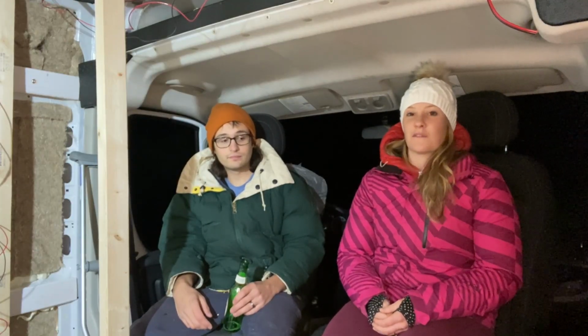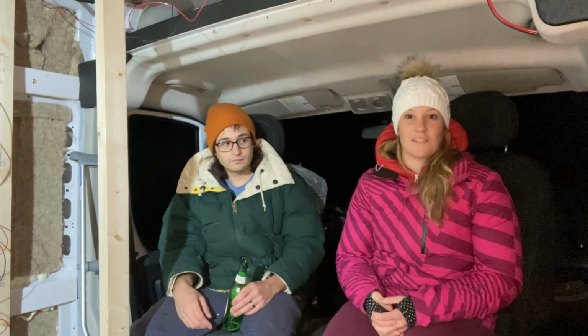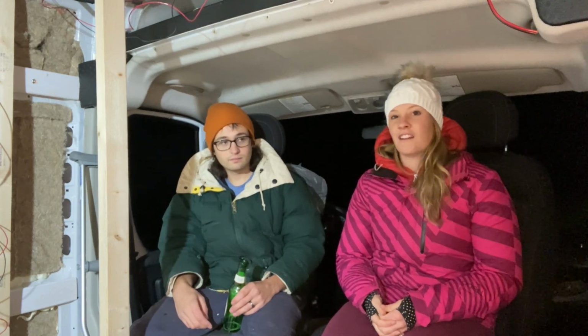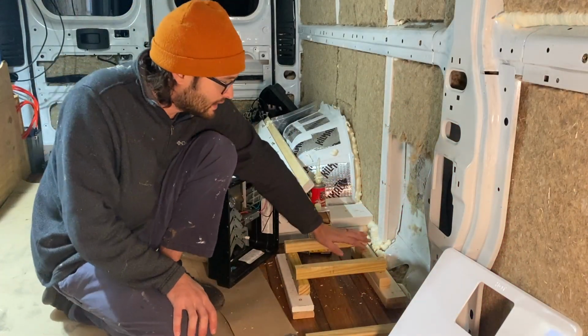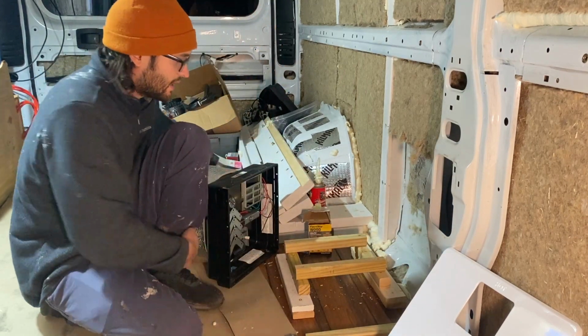So yeah, we're gonna show you guys our whole process, what we went through, and some roadblocks that we ran into along the way. So hopefully this helps anyone out there who's looking to install their own water heater in their van or RV. So let's do it. So what we're doing right now is we're building a base so that we can get it up,